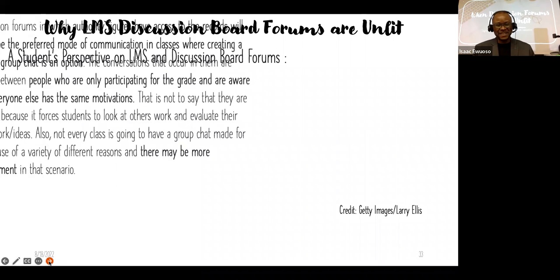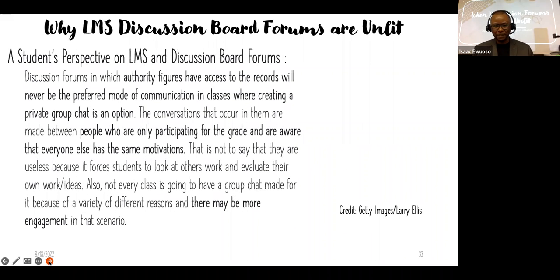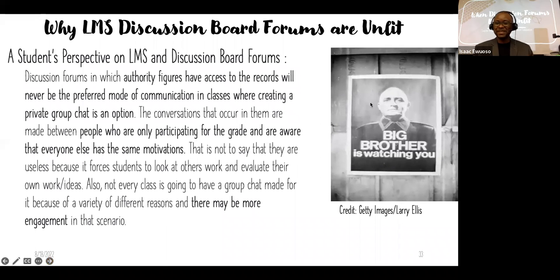Okay, so here's one student's perspective. And I think it's a fair criticism of discussion board forums and learning management systems. We instructors have a lot of authority. Maybe it's a stretch to say that it's that of Big Brother in an Orwellian sense, but we do have authority when we access student records in the learning management system.